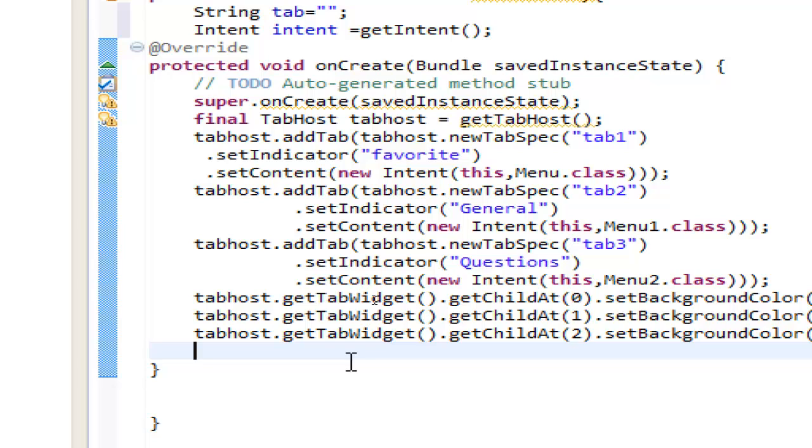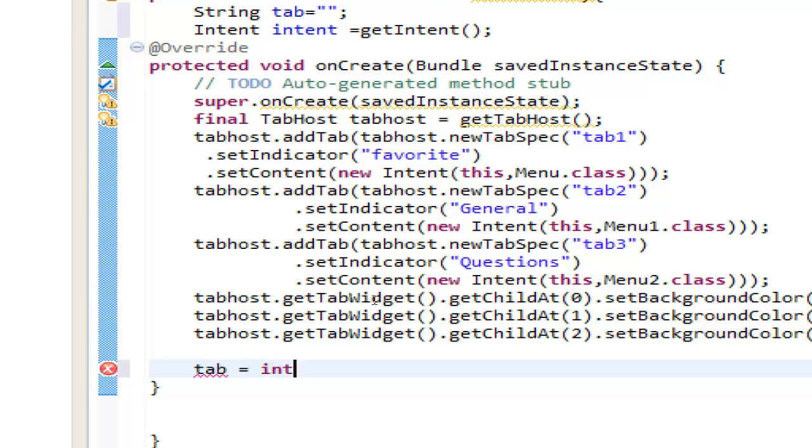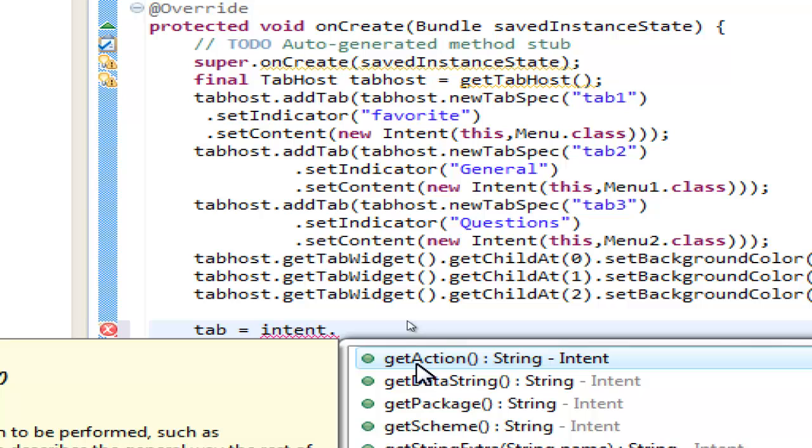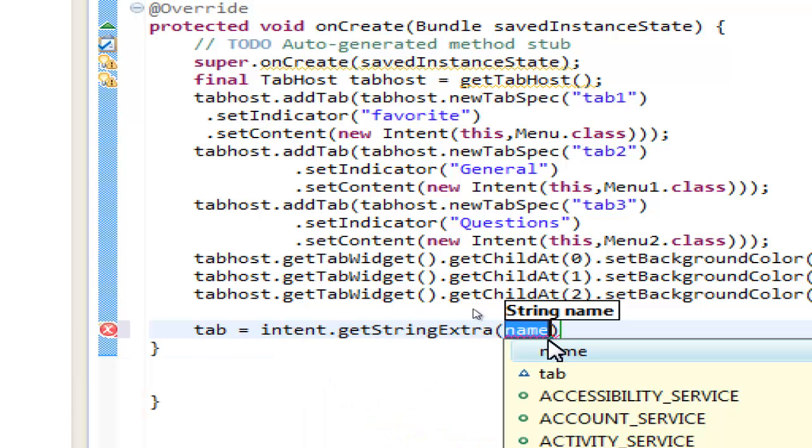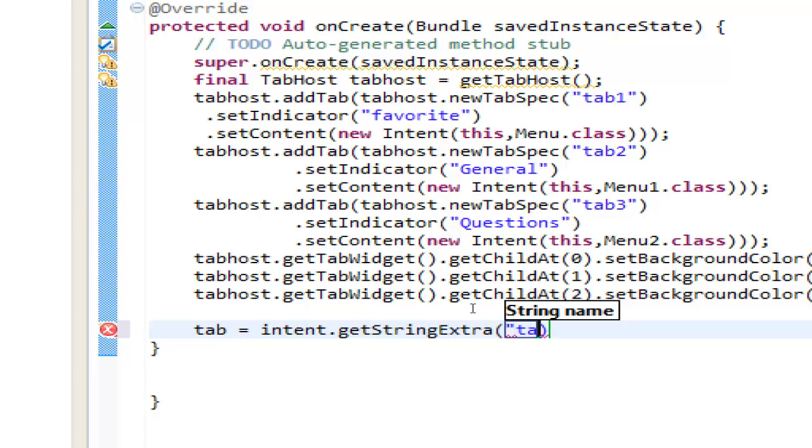So down here, after the tabHost getTabWidget, we can take in tab string. Let's make this equal with our intent.getStringExtra, this one, and we will get the tab as we send it